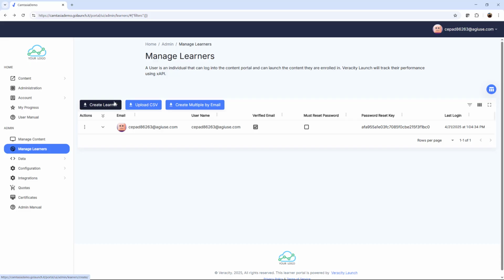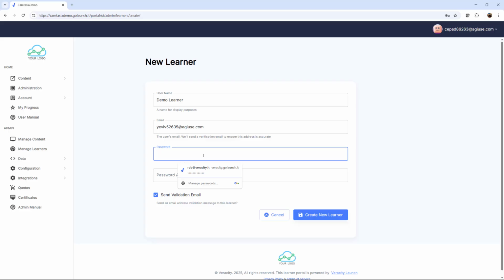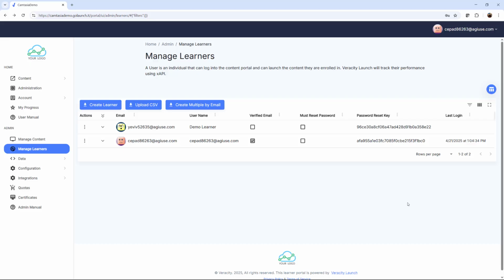What I'm going to do is create one just totally manually. Go to create learner. Give it a username, demo learner. All right. We need an email address. I'm going to use a kind of a fake email address for now. You need to give them a password. This send validation email is pretty important. If you know that address is correct and you want to verify it manually, you can. Normally, you leave that checked, hit create learner,